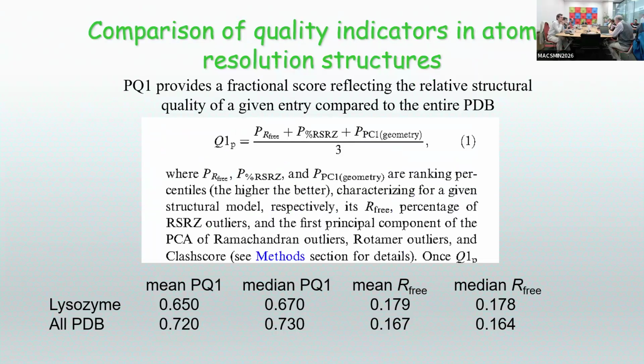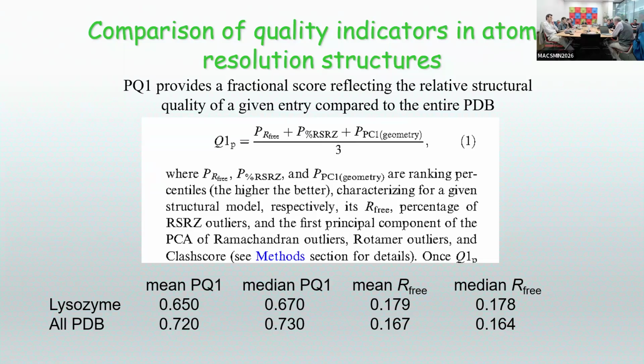Okay, so the one question is, can we come up with some kind of an overall descriptor of the quality? There are people who came up with something called PQ1, which is an indicator merging the quality of the data with the quality of the refinement, and you can argue a little bit about relative weights of various components. So PQ1 you have to take with a proper level of skepticism, but at least if it's done in the same way for all structures,